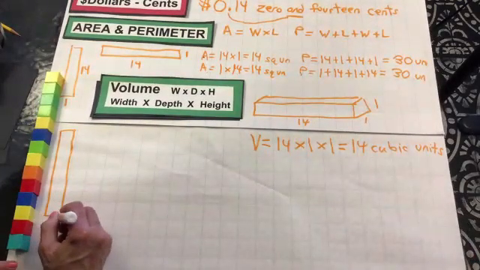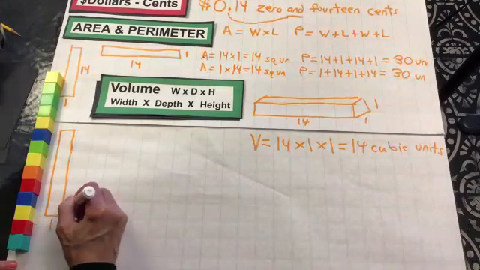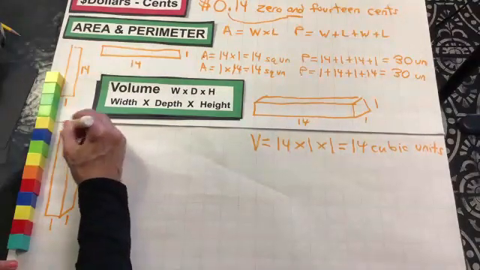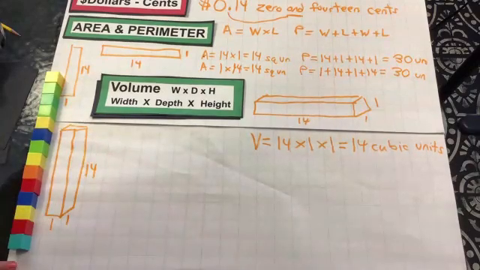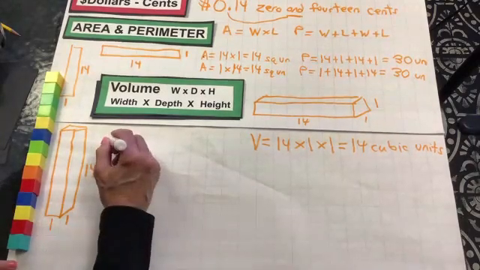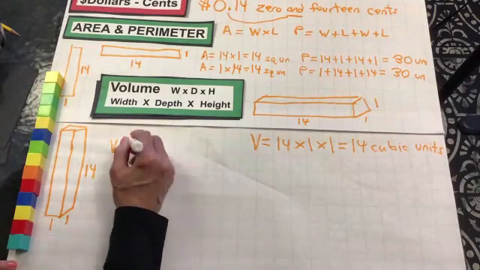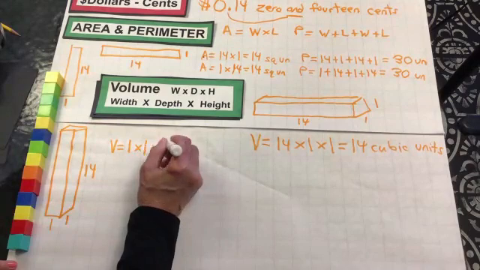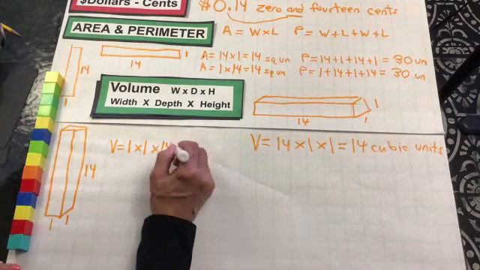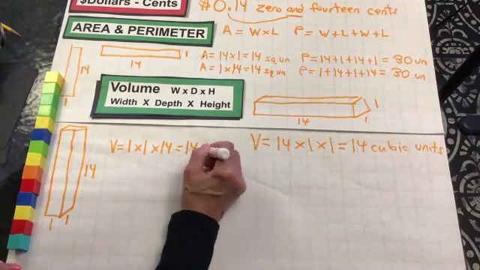So this would be 1 by 1 by 14 tall. So this volume would be 1 times 1 times 1 times 14 equals 14 cubic